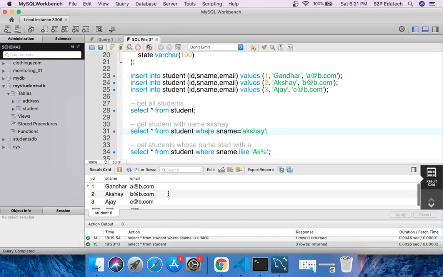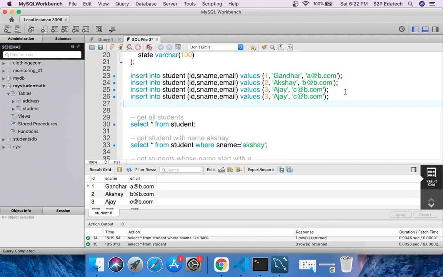Okay, now let me also copy this and paste it here. I'll say 4, and instead of Akshay I'll give Kshitij, and here I'll give d at the rate a.com.